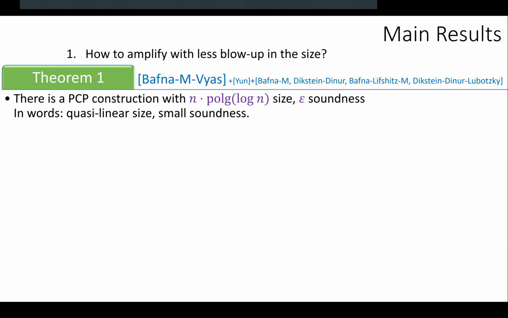So the result says that you can come up with a PCP construction which is almost linear. It's quasi-linear, and at the same time it has small soundness. In other words, you can build a PCP which is quasi-linear and simultaneously has small soundness. And the proof here is